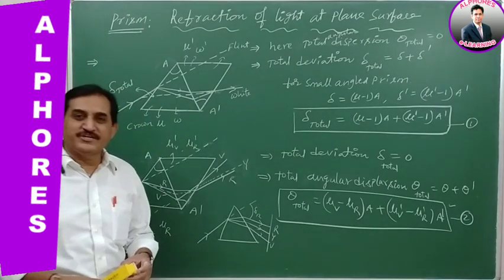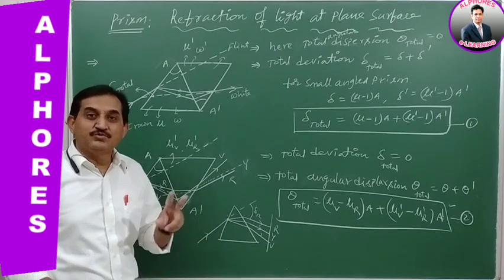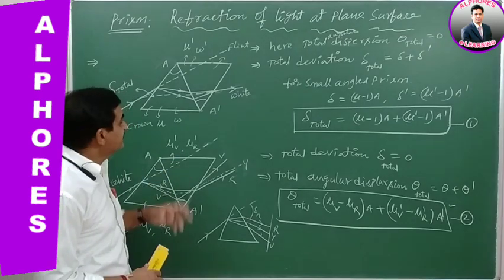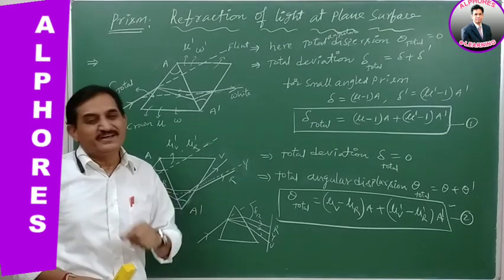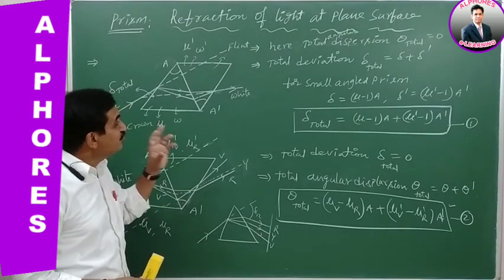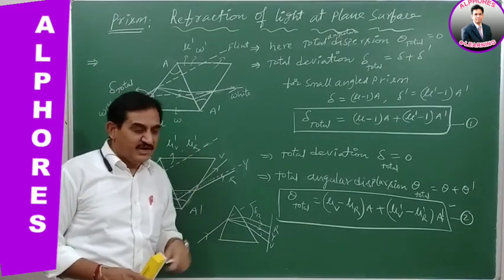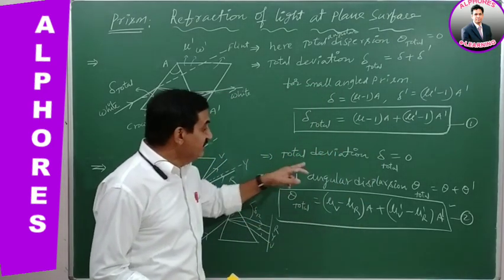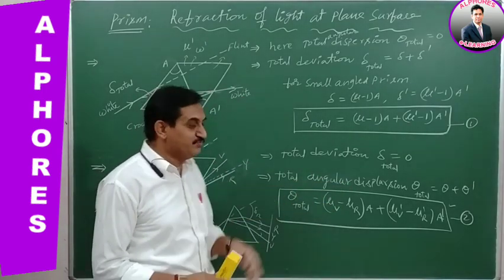So the final conclusion is that by a single prism you will definitely get two results, but by the combination of two prisms which are connected in reverse sense, one should be nullified. Only one result will come out of total angular dispersion and total deviation, out of which one is nullified and the other comes out. In one case the total deviation is given, and in the other case the total deviation is nullified and it gives the total angular dispersion of light.